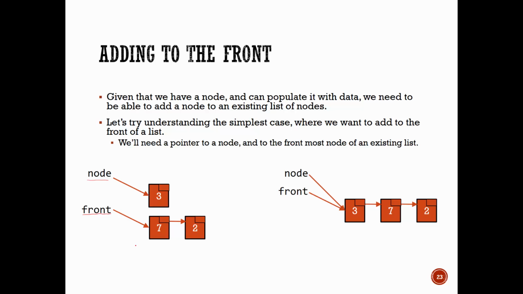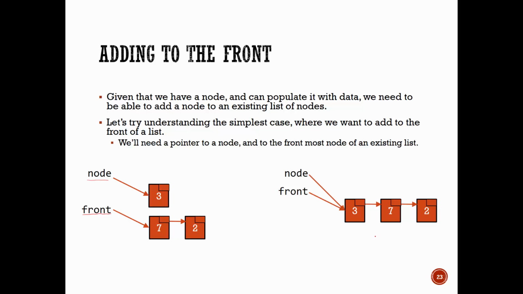Now, for this particular example, it's really not that complicated. I need to adjust two things here. First, I need to adjust my link coming out of node 3. Right now the link from node 3 is set equal to null. You'll notice in my diagram node 3 doesn't go anywhere. So I need to adjust this so that 3 knows that 7 is the thing after it, because that makes sense.